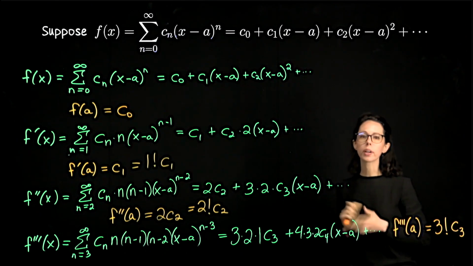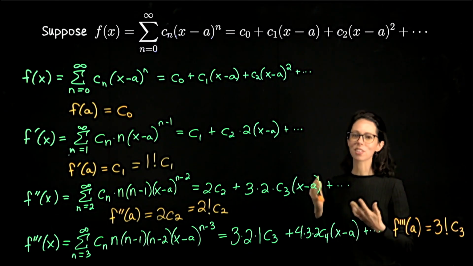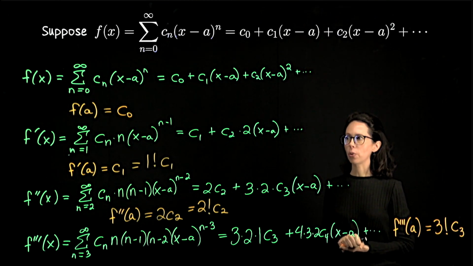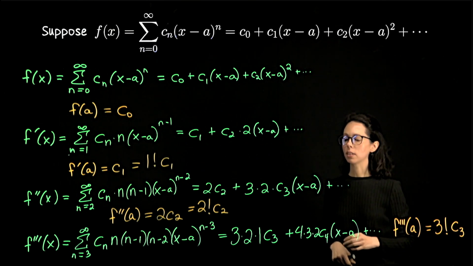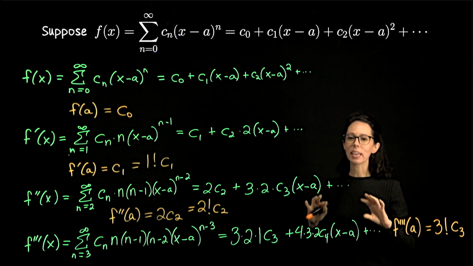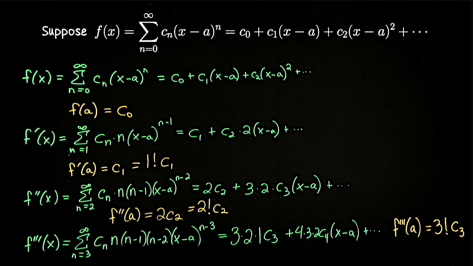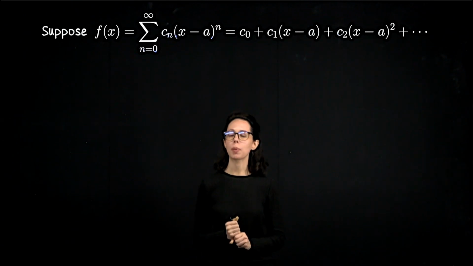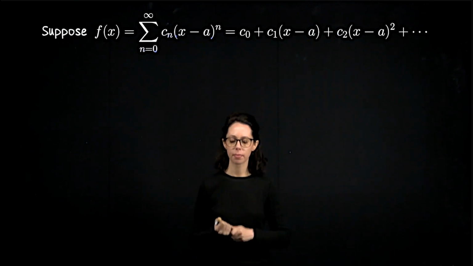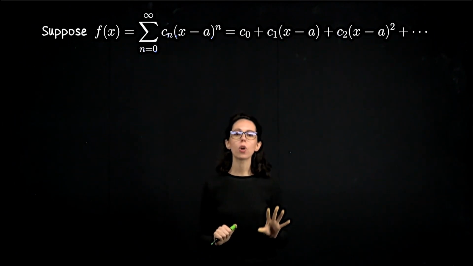Okay, so this factorial is going to be key to describing the nth coefficient in terms of the nth derivative of f. So given that we're out of boardroom now, let me erase all of this, and I'm going to write down an analogous expression for the nth derivative of f evaluated at a. Let's now write down an expression for any derivative of f. I'm going to call this the kth derivative of f to avoid overusing the letter n.